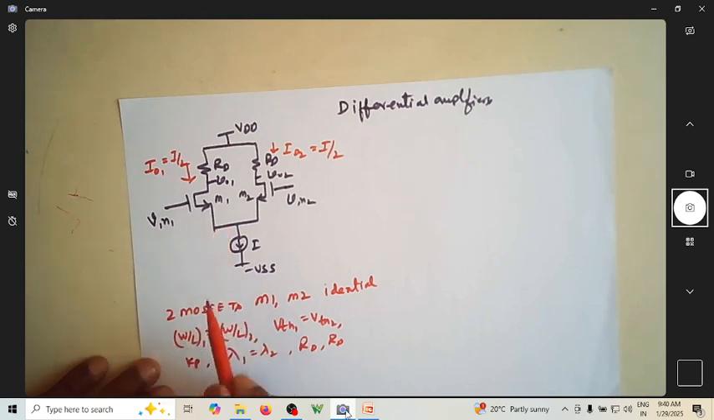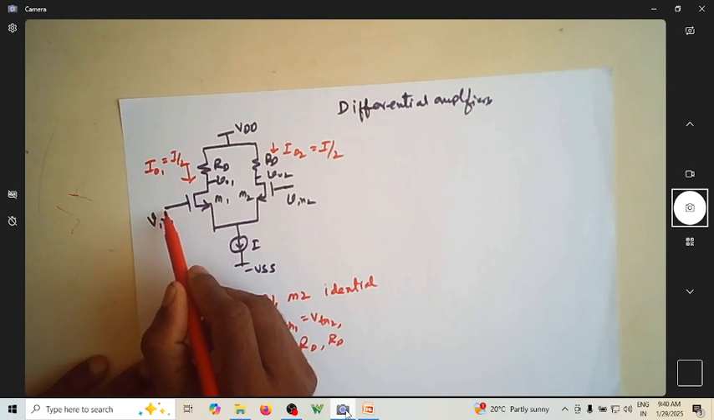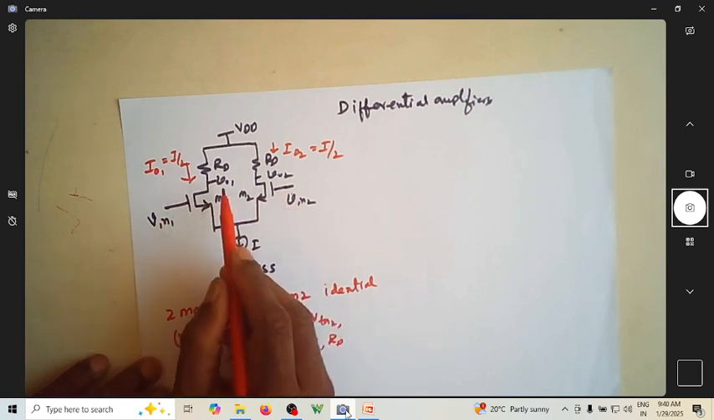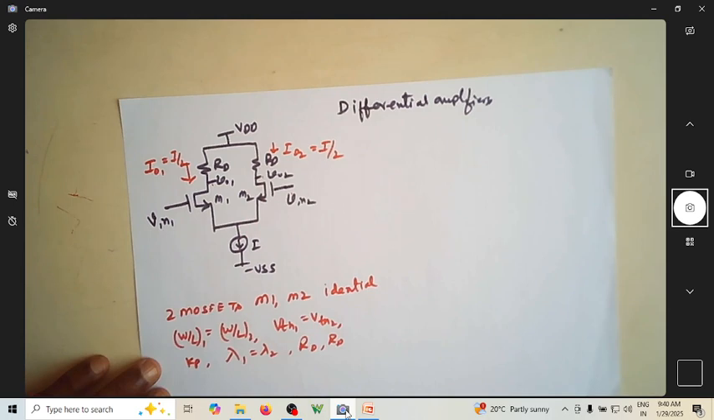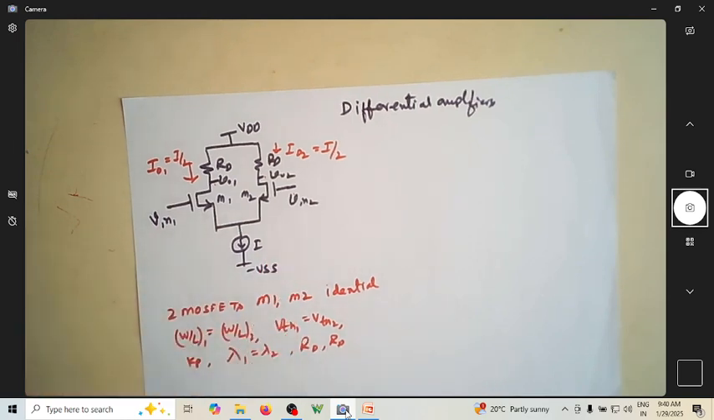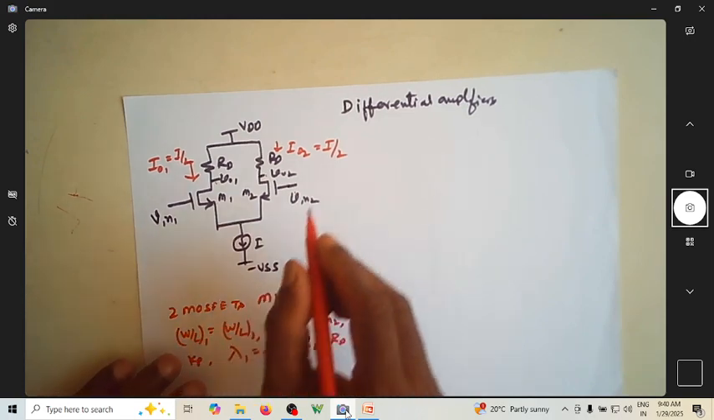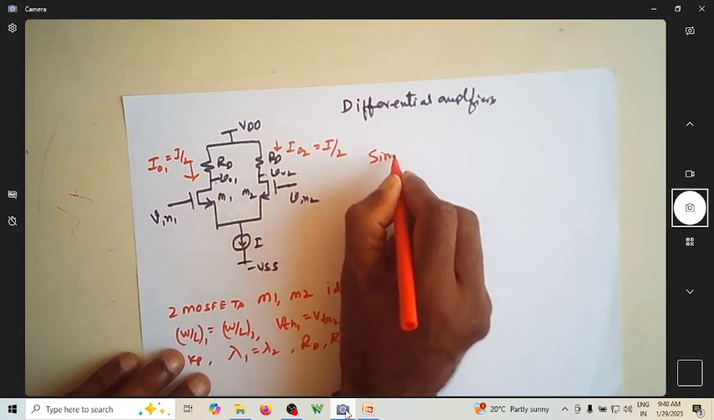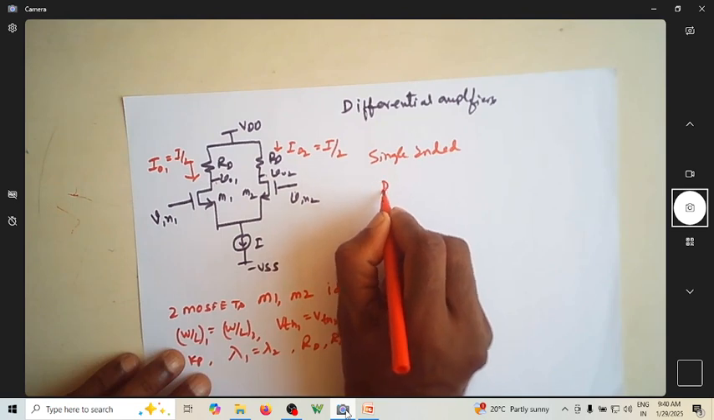So this is the current that is flowing, and we are having two inputs, V in 1 and V in 2, and we have two outputs here, V01 and V02. Of course, let us try to identify some terminologies, something like differential input, single-ended input, all those things. So this is single-ended and